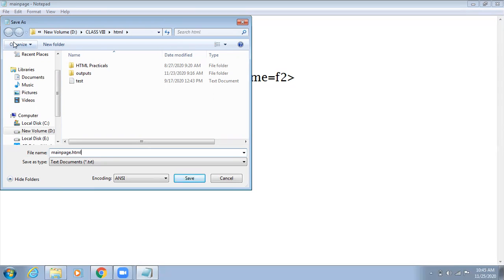For example, because this will be the main page of your website, you should always save it with either home.html, main page.html, or frames.html. You can give any name, but it is always recommended to use only these three names: main page, home, or frames.html.